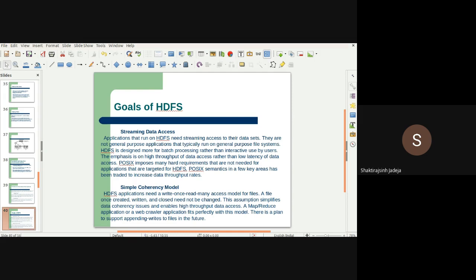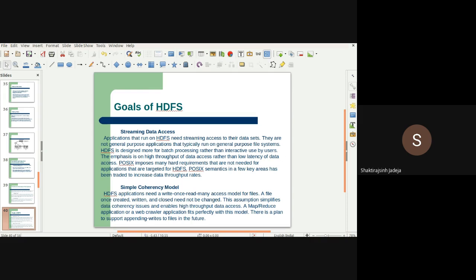Now, the goals which were in the minds of the developers while designing HDFS are as below. What they were thinking while creating the Hadoop Distributed File System is, first one, streaming data access. Applications that run on HDFS need streaming access to their data sets.